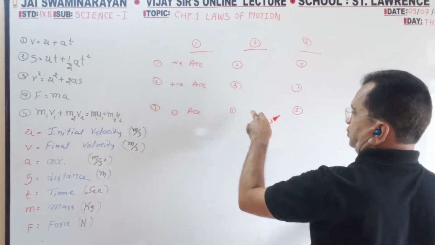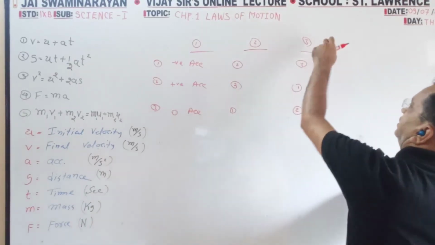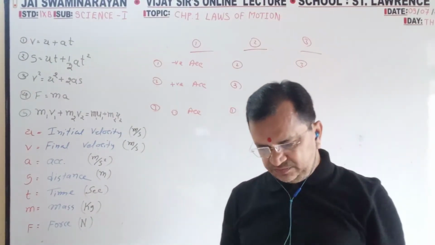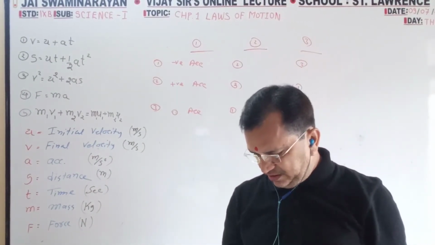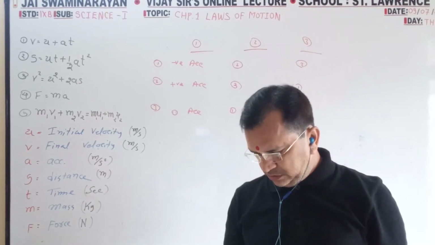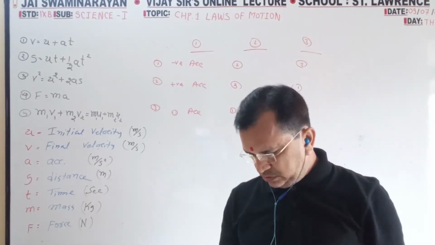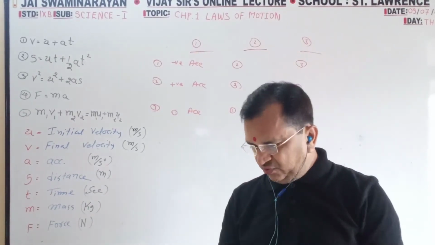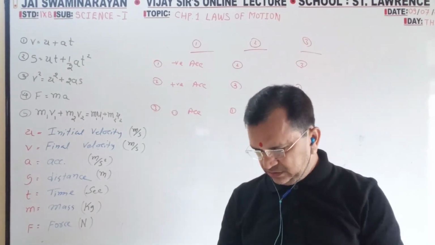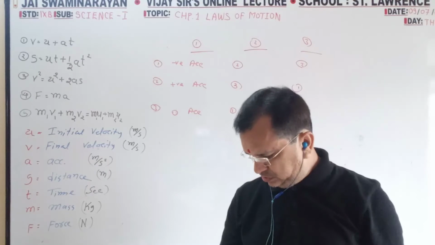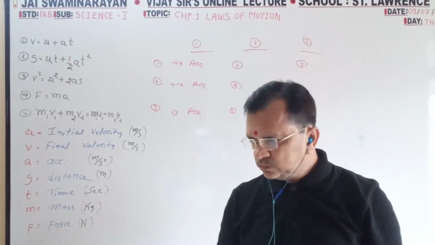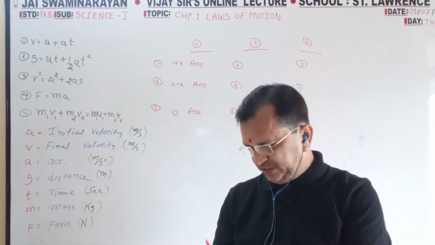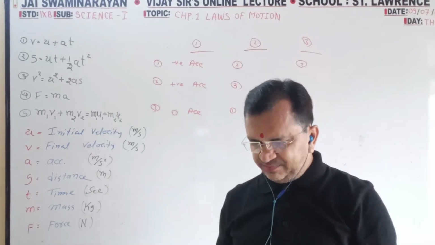In column number 2, first you have to write here, second you have to write here, third you have to write here. In column number 3, first you have to write here, second here, third here. So this is your match the column. These two distinct ways I have given. Force, acceleration sum is there. This is number 11. Solve example.